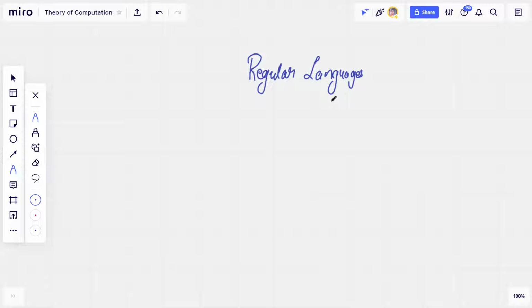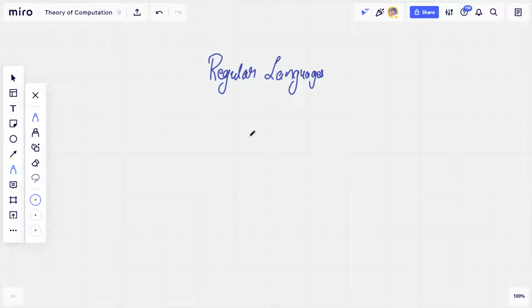These regular languages are all the simple languages for which we can create DFAs, like the set of strings of even length, odd length, starting with A, ending with B. These are the simplest kind of languages, and these are what I call regular languages. There are ways to identify if a language is regular or not, but let's keep that topic for another video. But today I'm interested in discussing